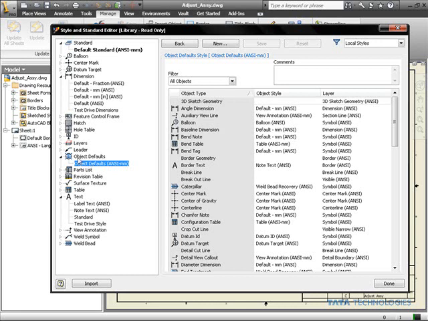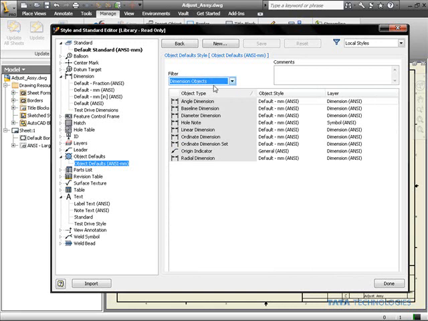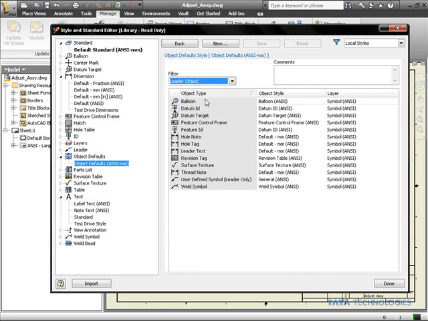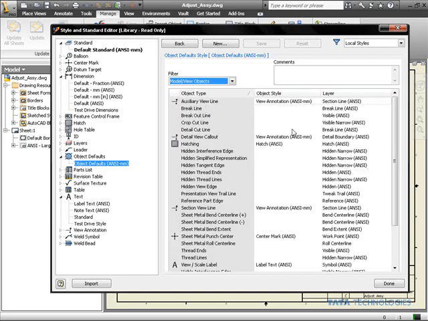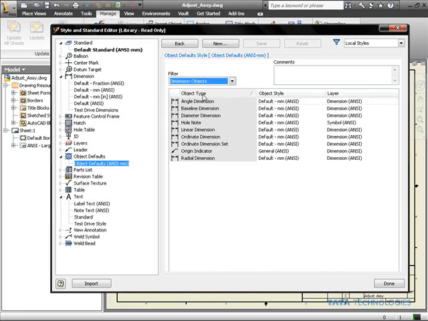And then we will select the dimension objects filter so that all we see are dimension objects. This will control and automatically map all different object types to a style and also a layer upon creation. For this instance, let's just go to the dimension objects area. For the angle dimension, let's set the style to the test drive dimensions. And then we will continue this with the diameter dimensions,